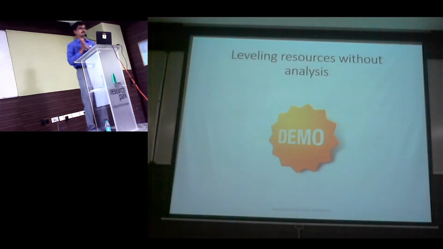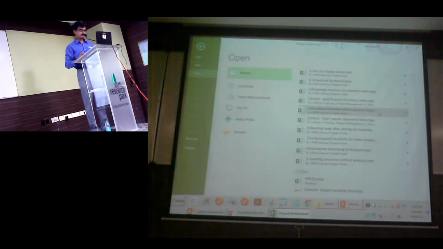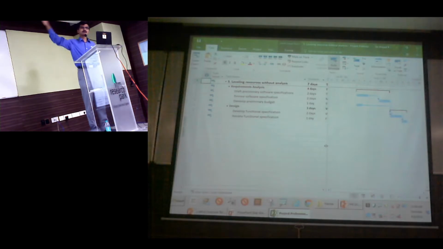Now, this is another interesting part, how we should not do resource leveling in Project. When it comes to a PMP, you have 4 options, you select the best option, you get it right. Whereas in Project, there are so many ways of doing it. So we may not use the right way always. So I will go back to a plan. Right now this plan is having 2 phases, but I have not assigned any team members to any of them. I'm not going to assign my resource to a summary, but only at a leaf level.